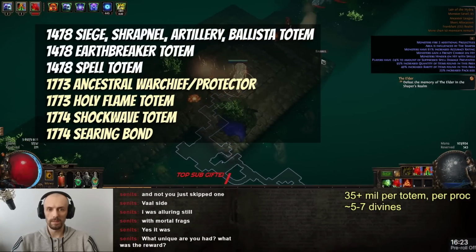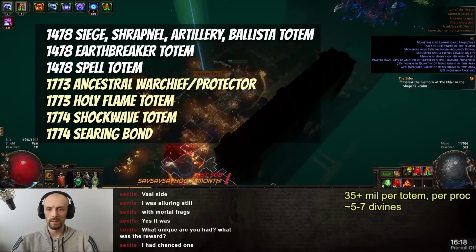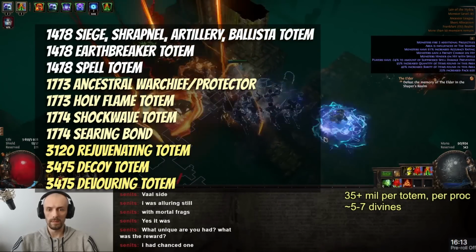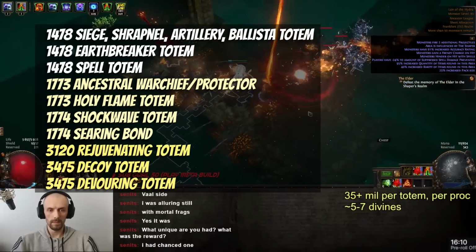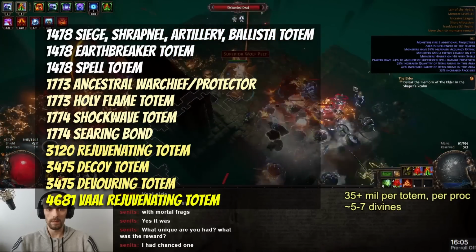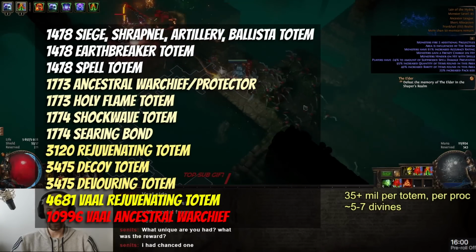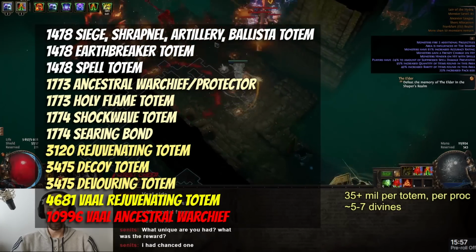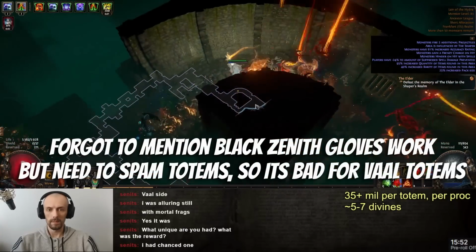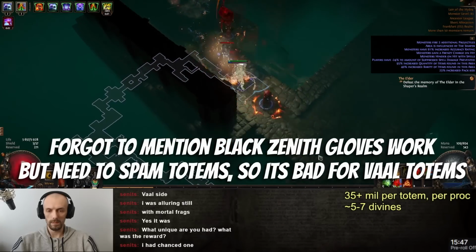Ancestral Warchief and Ancestral Protector, Holy Flame Totem, Shockwave Totem, Searing Bond, 1774 health only. Then we are jumping a bit higher: Rejuvenating Totem 3.1k, Decoy Totem 3.4k, Vaal Rejuvenating Totem 4681, and then suddenly Vaal Ancestral Warchief with almost 11,000 health. It's so far beyond all the other totems in terms of HP, and this is what makes this kind of OP. However, it's a Vaal Ancestral Warchief, so you do need souls, and I built this to recover souls, and